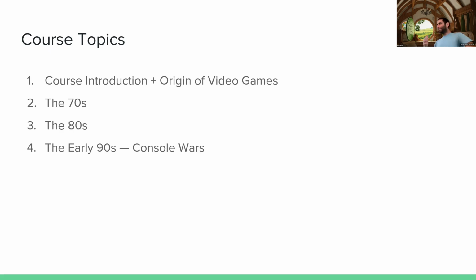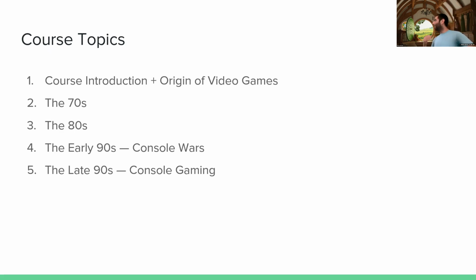And then when we get to the 90s, this is where it fractures into a bunch of different topics that each deserve their own lecture. So in the early 90s, we're going to talk about the console war. This was between Nintendo and Sega, which doesn't make consoles nowadays, but you might have played some of their games. They used to make consoles.